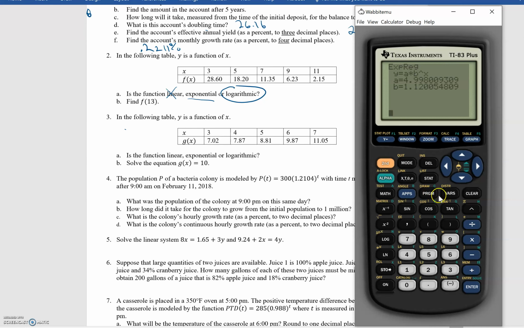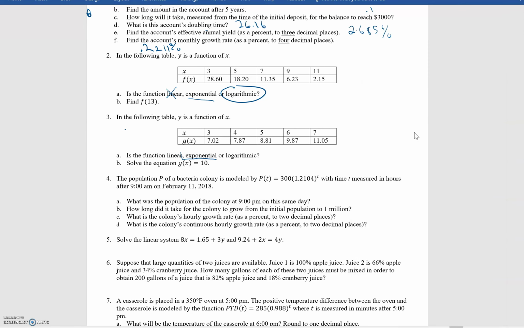Let's go ahead and calculate the SSE. Now that is a very small SSE right there, 0.00003. So really, I think that we would be safe in assuming that we do have an exponentially